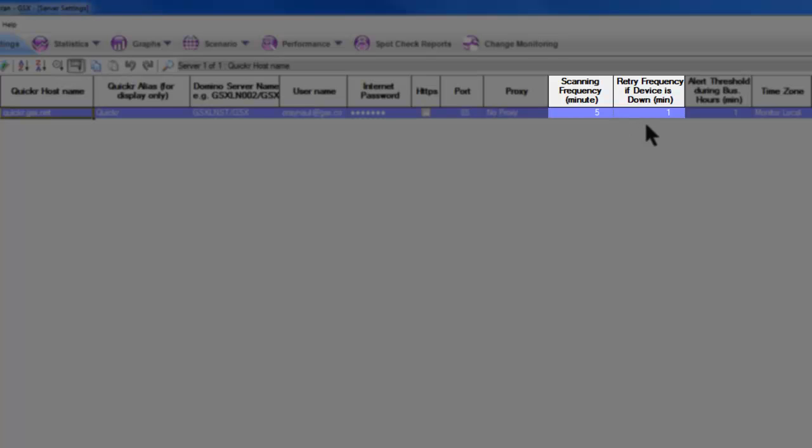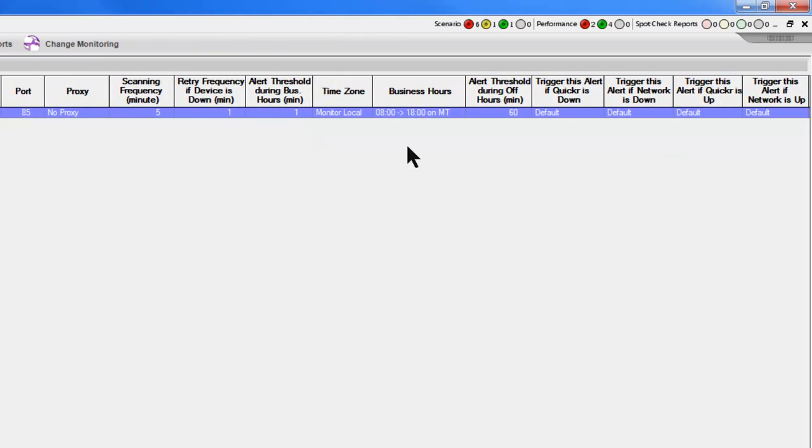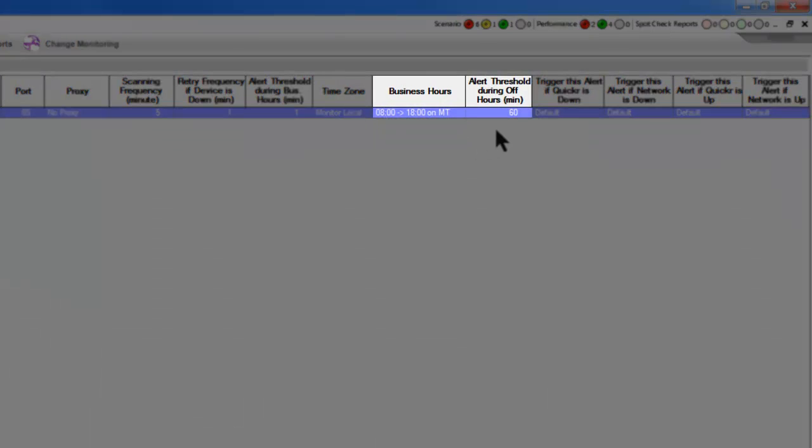If we believe we have a problem, we'll drop down to a retry frequency, so we're going to check more often. So in this case it's every 1 minute, and the alert threshold during business hours is 1 minute, so that means if I see a problem, I'm going to wait a minute before I send an alert, and the reason we're doing that is specifically to get a retry, or more than one potentially, in before we actually tell the team that something's wrong to see if it's really a problem. We can establish what our business hours for that server and have a different threshold, so we're less sensitive at the off hours, whatever they are, when the requirement to have the Quickr server working is not as extreme